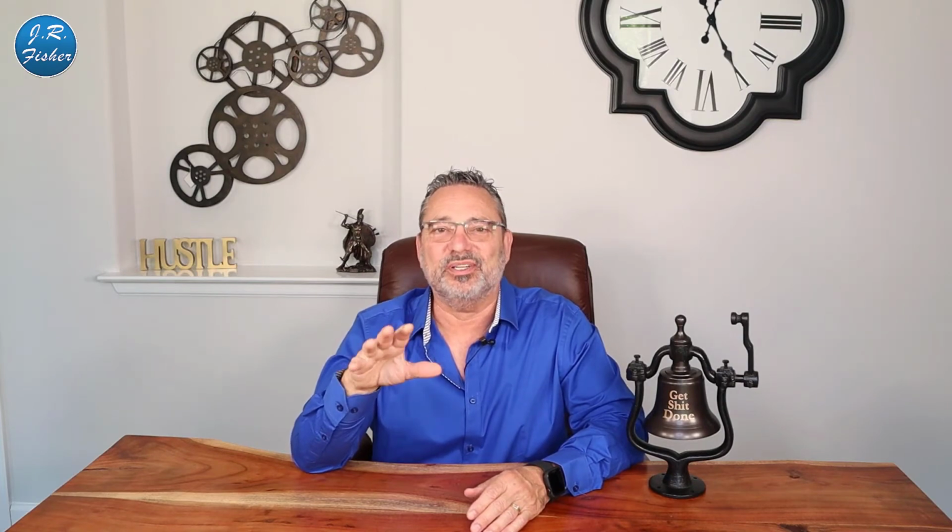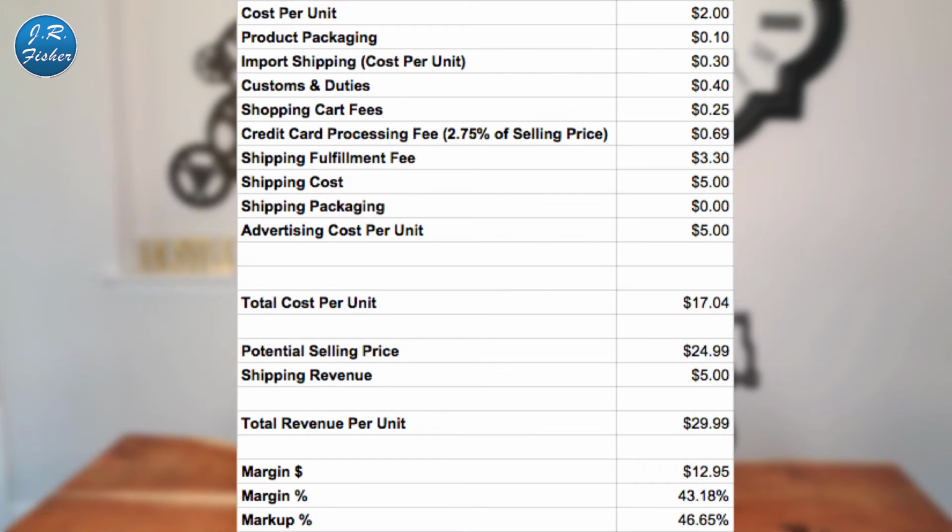Okay, so let's look at an example on the screen, and I'm going to talk about a 1200% markup, which sounds like a lot, but let's check it out. The cost per unit is $2, product packaging is 10 cents, import shipping cost per unit is 30 cents, customs and duties is 40 cents, shopping cart fees is 25 cents, credit card processing fee, which is 2.75% of selling price, is 69 cents, shipping fulfillment fee is $3.30, shipping cost is $5, advertising cost per unit is $5, so our total cost per unit is